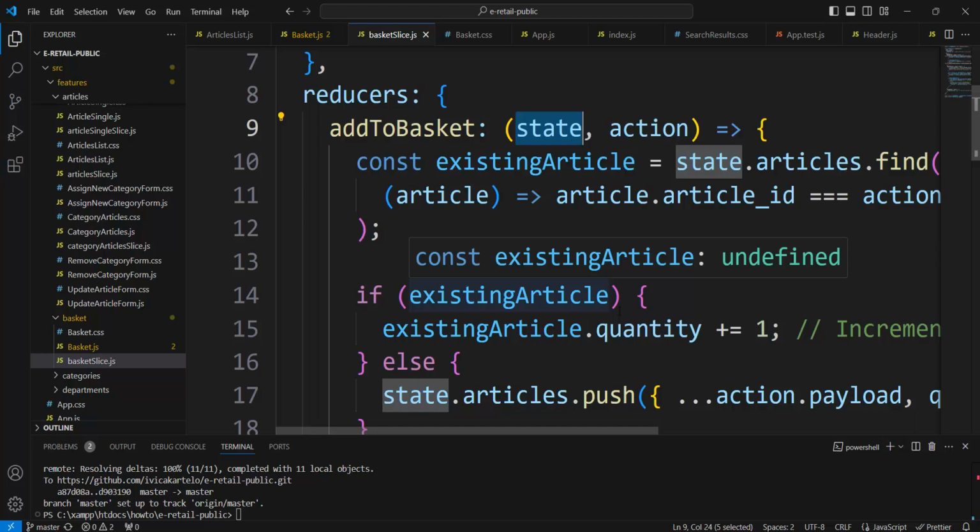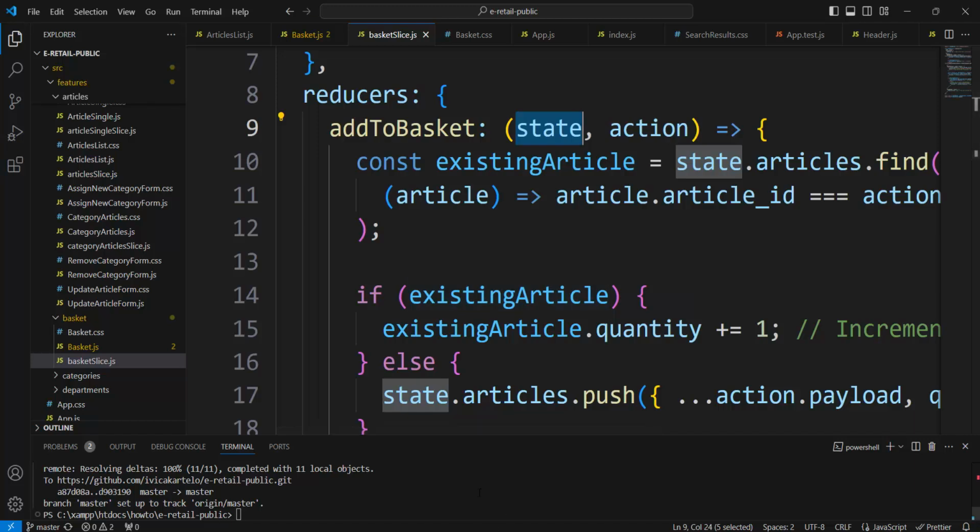In this table of basket, there is no same field as the coming payload. The coming payload comes without quantity, with the name of the article, description, price, image 1, image 2, but not quantity. And because of that, here is